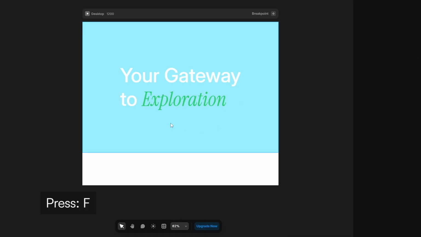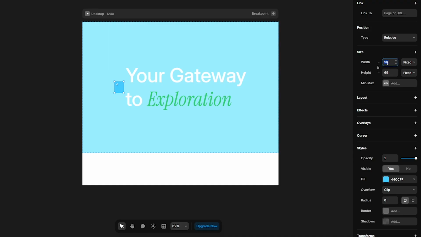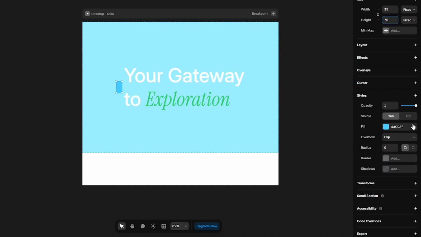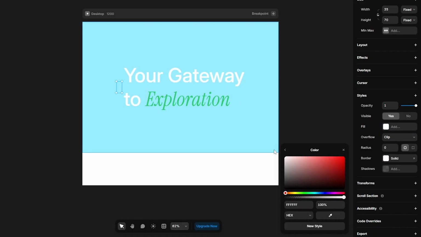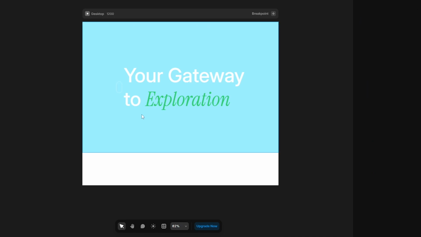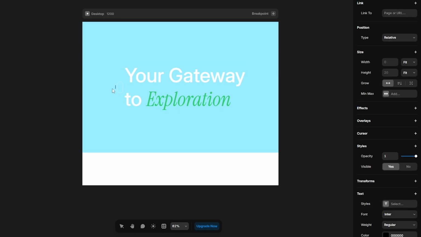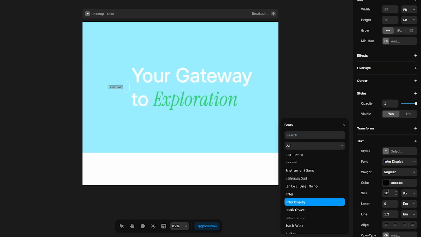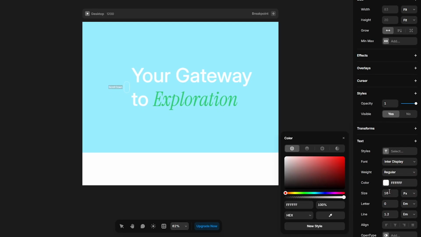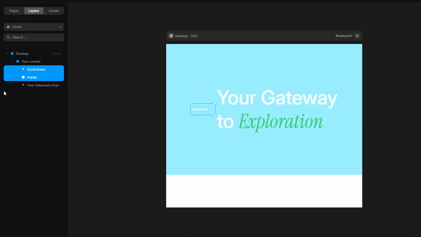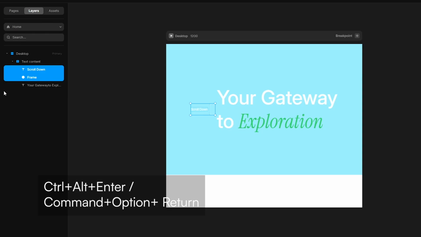Then press F on keyboard to add a frame, set the width 35, height 70, remove its fill color, add border, white, radius 100, and again press T to add text and type this text, select it, font Inter Display, change the color to white, size 20, then select these two, wrap it into a stack by pressing Ctrl Alt Enter,